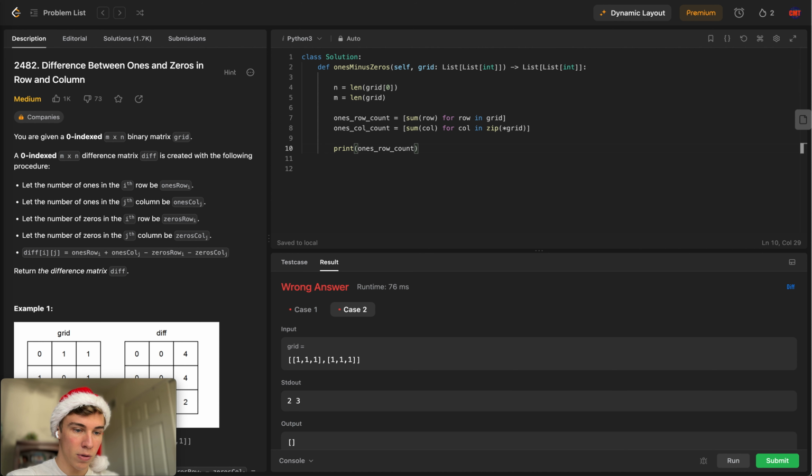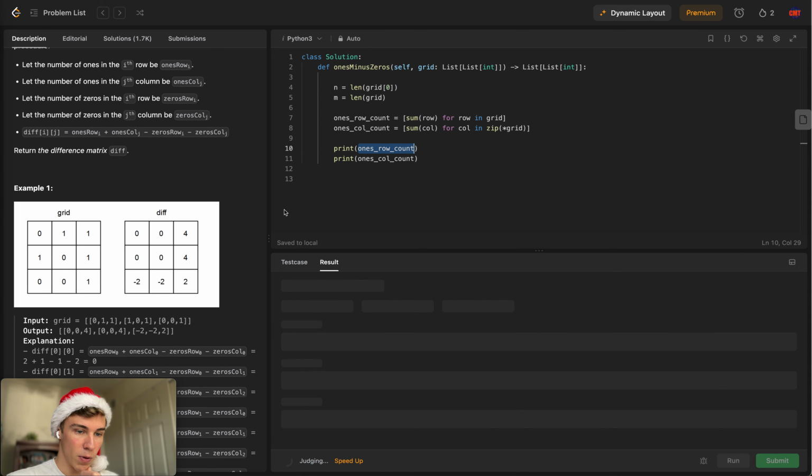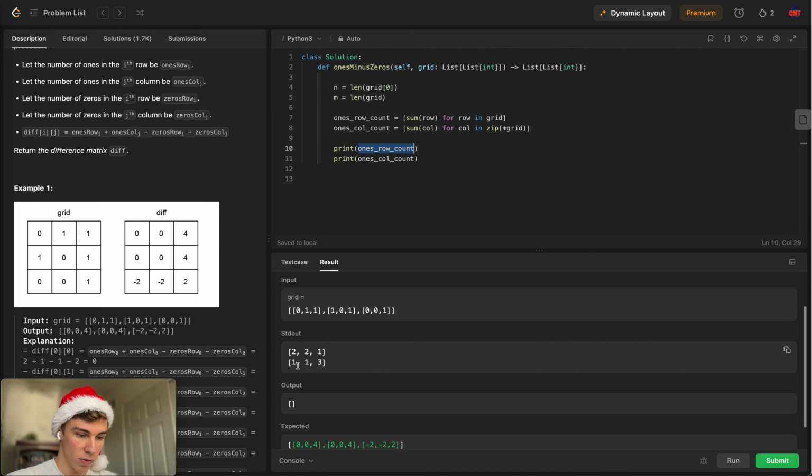Row count, and let's call count. You'll see that now we have a ones row count and a ones call count. The ones row count goes by 2, 2, 2, 2, 1, and the calls go 1, 1, and 3. Perfect. Now that we have that out of the way, it's really just time to get the difference matrix created